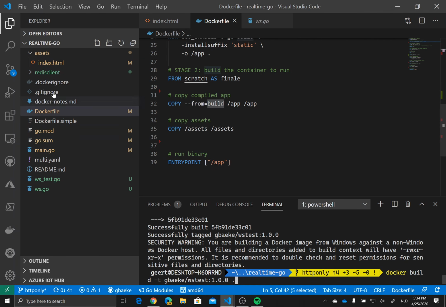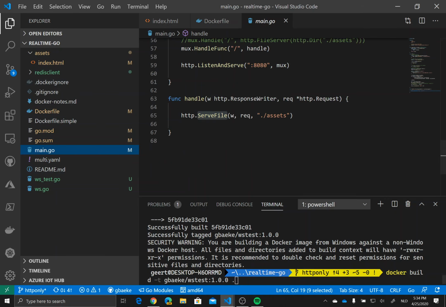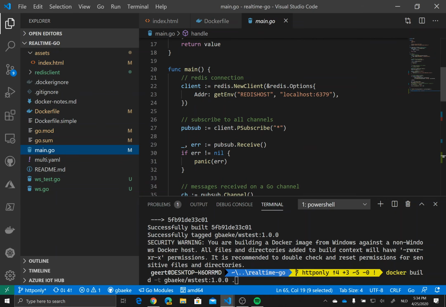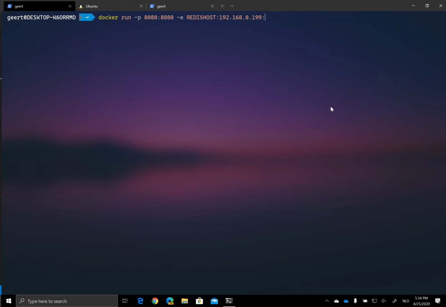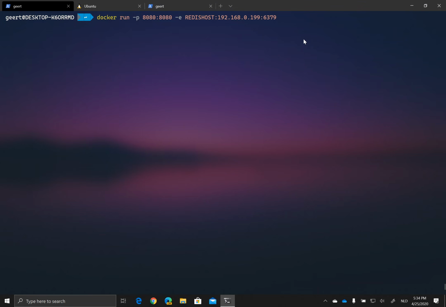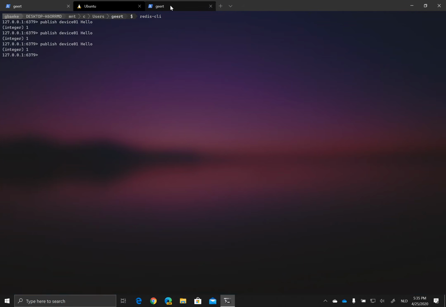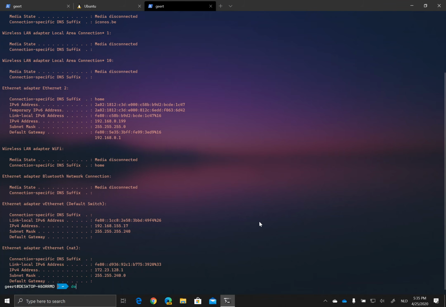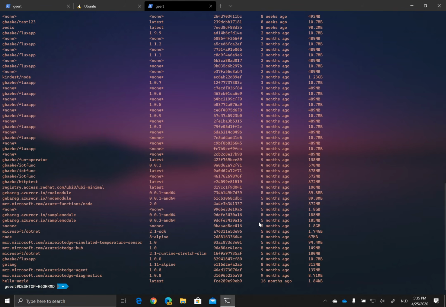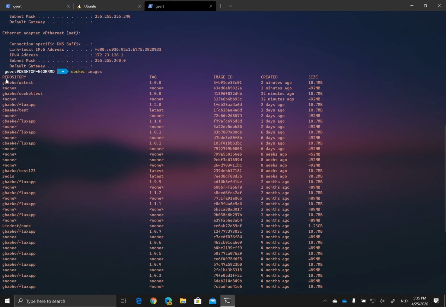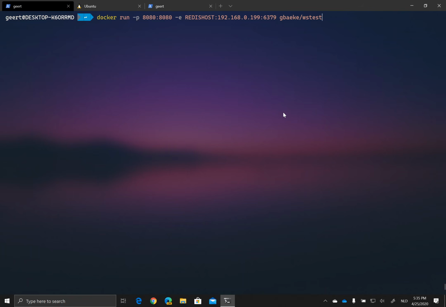And I can never remember the port of the Redis server. 6379. Yep, that's the one. Let's also add that, right? And then we specify the name of our container. Again, just to clarify, Docker images. And let's see what it is. And indeed, gbake wstest. But we'll also need to add the